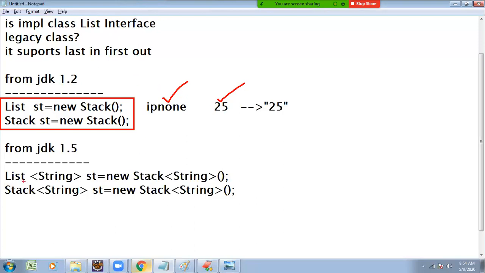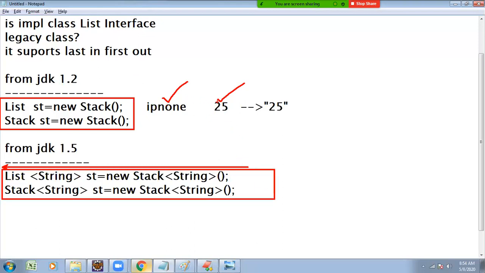To overcome that, when we take list of string type, with the structure like this, what happens? It won't allow this type of data. If we want to store 25 also, it must be entered as a string. When I mention the type, it is a type safety program.